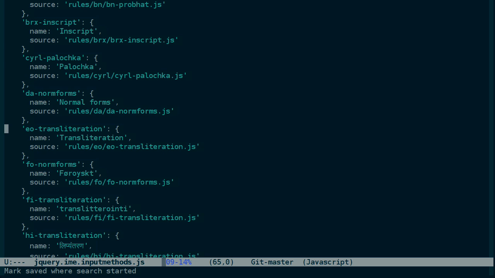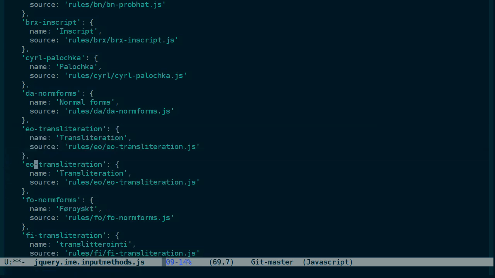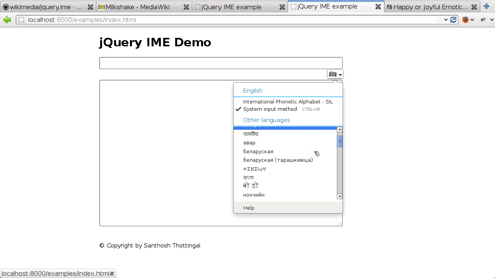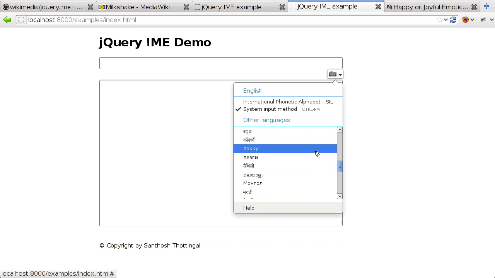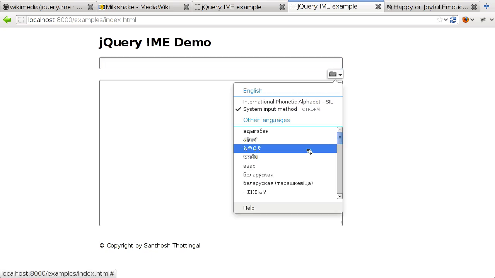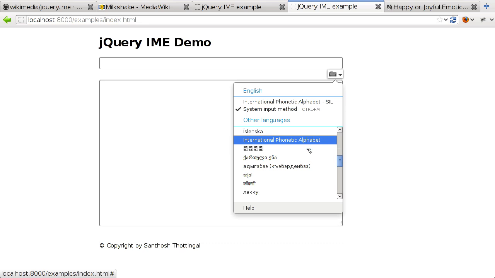So let's look for the Esperanto transliteration and copy it in as Jemotes. And the rules was Jemotes. Double check that that's correct. And we'll try that again. So reload. And we'll see if we have Japanese emoticons. We don't, so let's try force reload with shift reload. And looking through the list,